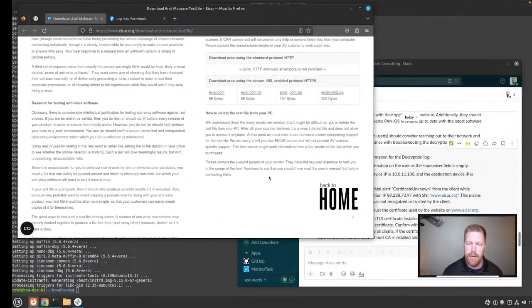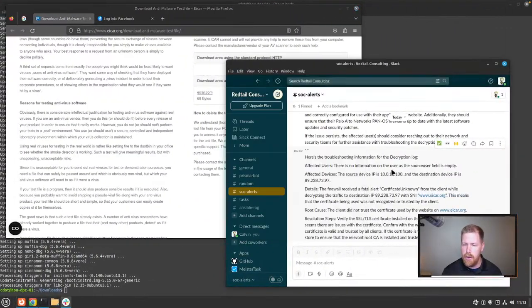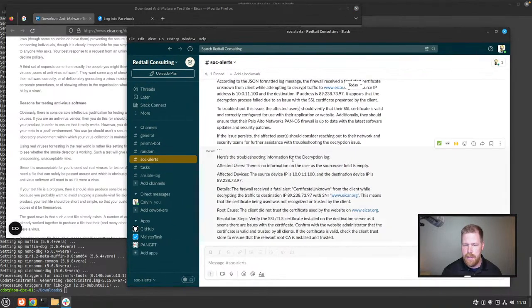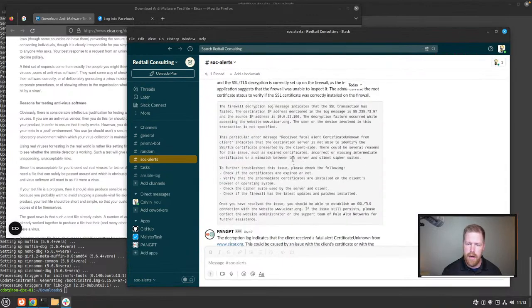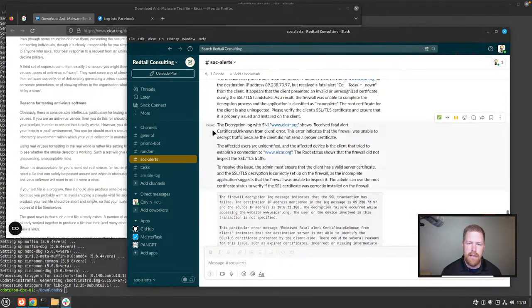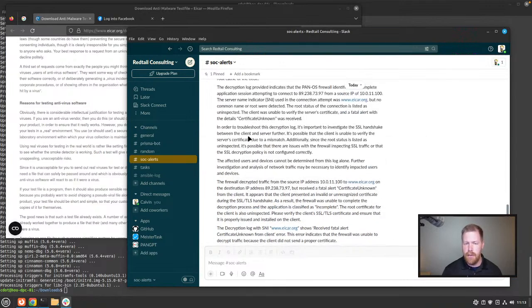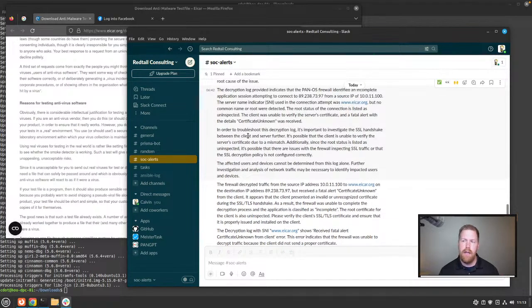Let me just show you what that looks like. So here is my Slack channel that's set up to get these alerts. Right now, let's just talk about the use case: we got an SSL decryption issue, right? So effectively a web browser is trying to go to a site, but the firewall is doing a man-in-the-middle decryption and acting as a broker for the TLS connection so that it can inspect